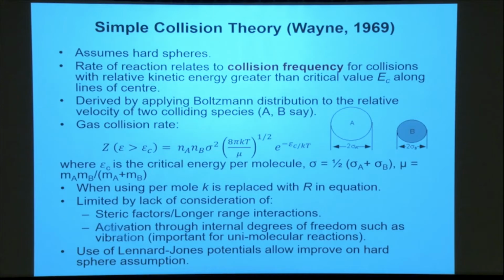So this is a fairly simple approach. We can improve it slightly by using Lennard-Jones potentials to look at long-range interactions and to improve on the hard sphere assumption. And so I guess we don't really use this to model rate constants, but actually just in the last week or two, we've come up with a use for this, which is actually available in RMG, and I'll talk about this maybe as a case study a bit later in the week. But even though we wouldn't use this to calculate high accuracy rate constants, it's a common sense check for mechanisms,